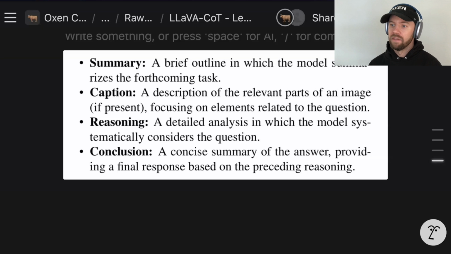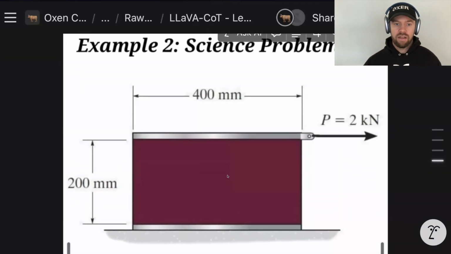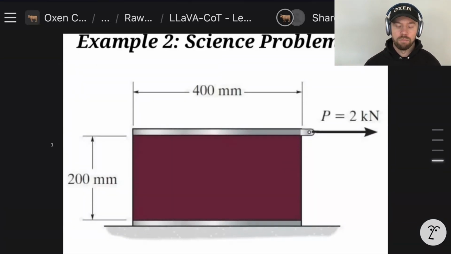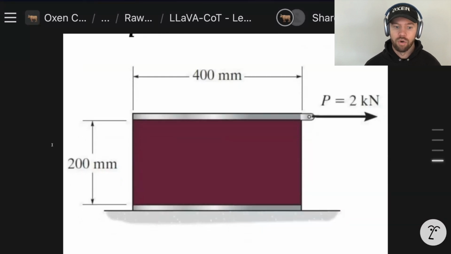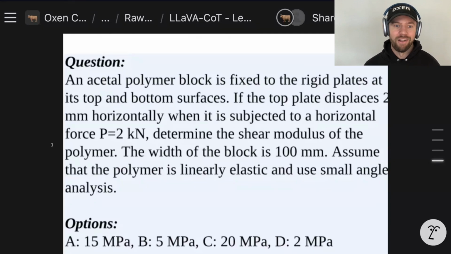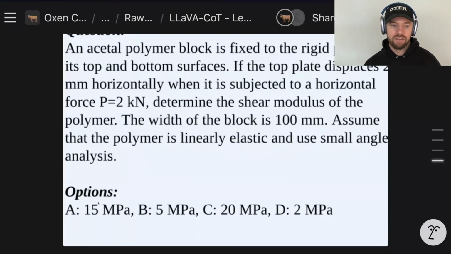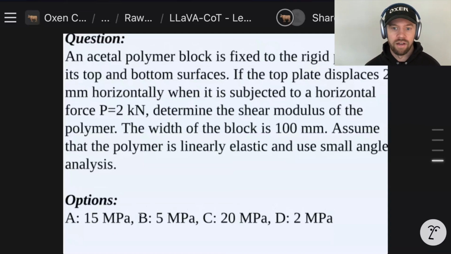And so what this looks like in practice is if you have an image like this, this is a science problem from one of the data sets where we have the width and the height and an equation here. And the question is, an acetyl polymer block is fixed to the rigid plates at its top and bottom surfaces, et cetera, et cetera. I won't go through and read this whole thing, but basically it's a multiple choice question to try to find